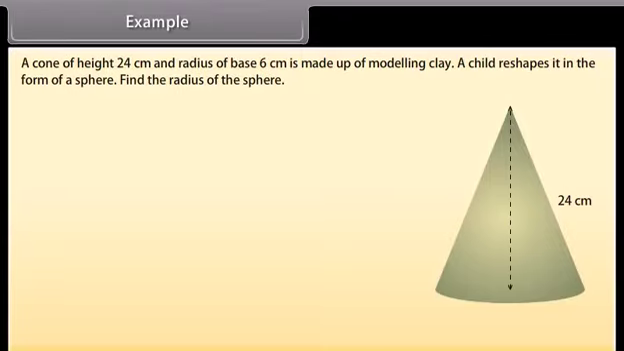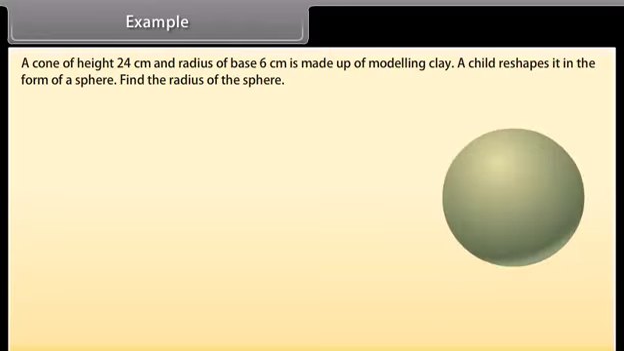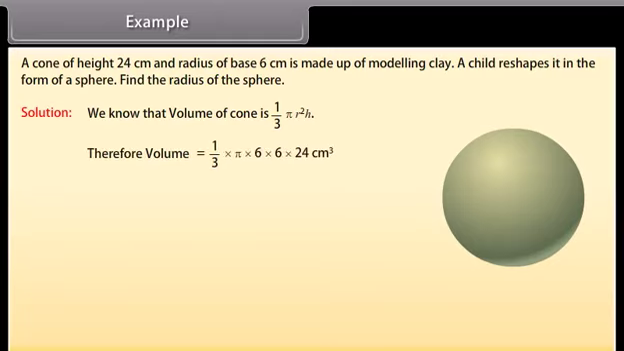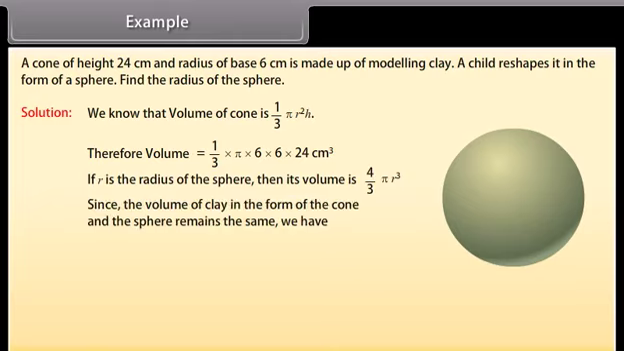Example. A cone of height 24 cm and radius of base 6 cm is made up of modeling clay. A child reshapes it in the form of a sphere. Find the radius of the sphere. Solution. We know that volume of cone is 1 by 3 pi r square h, which is equal to 1 by 3 into pi into 6 into 6 into 24 centimeter cube. If r is the radius of the sphere, then its volume is 4 upon 3 pi r cube. Since the volume of clay in the form of cone and the sphere remains the same, we have,